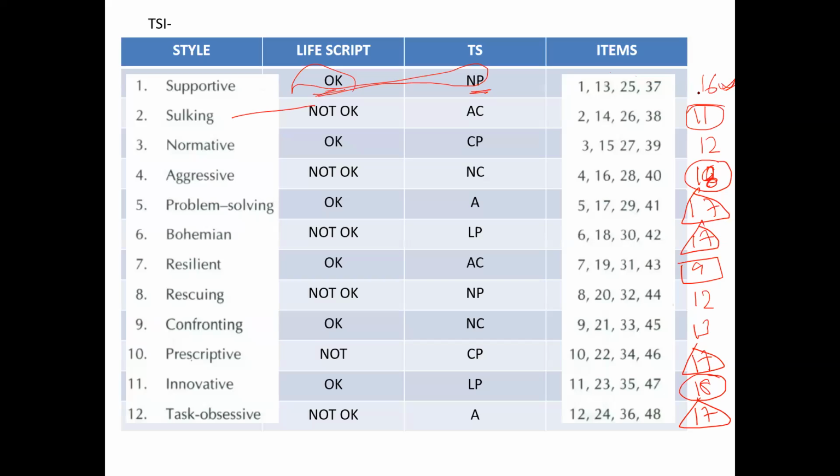Those who have this score as one of the highest, if you would have been in the class, I would have asked you to raise your hands, but clearly I cannot do that. It will take a lot of time for me to see how many hands go up. I just pray that not many of you have this profile as a very high score. People who have this score as very high, they are very good for others, but very harmful for themselves. They are not okay adapted children. They will keep on pleasing others at the cost of harming themselves.